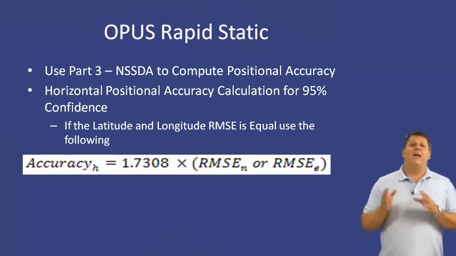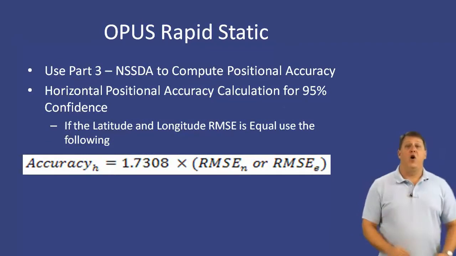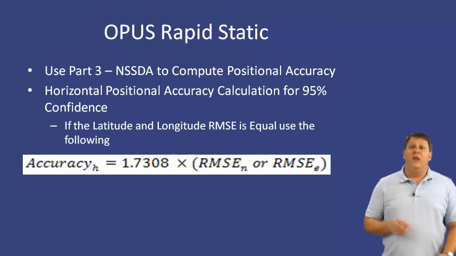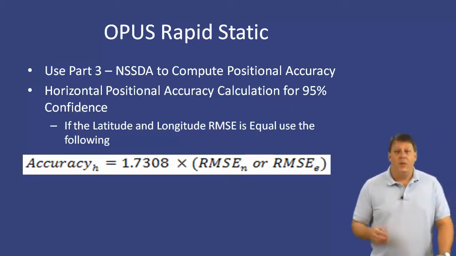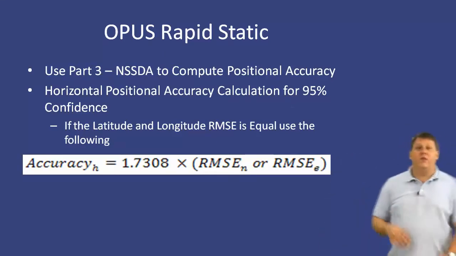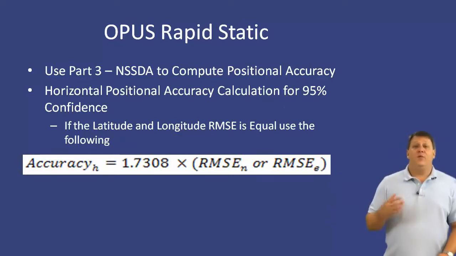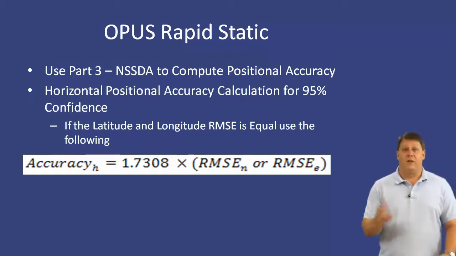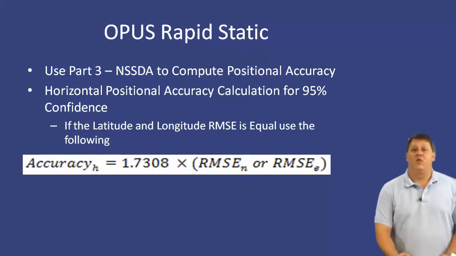We're going to go back and use part of Part 3, the National Standards for Spatial Data Accuracy, to compute our positional accuracy. Remember, once we had our root mean square error computed, if the latitude and longitude, or better yet, the northing and easting root mean square error was equal, we'll use the formula of 1.7308 times the root mean square error in the northing or the root mean square error in the easting. You pick one of those numbers, it doesn't matter because they're the same,